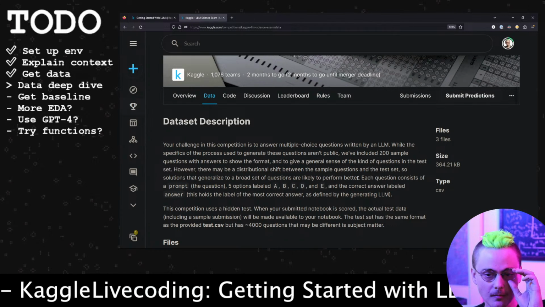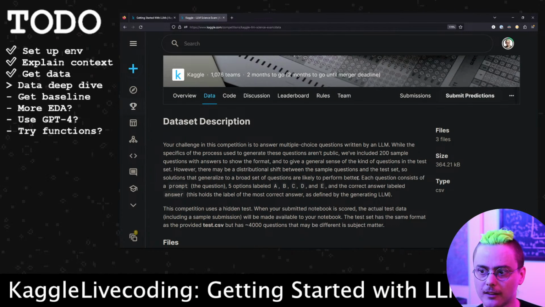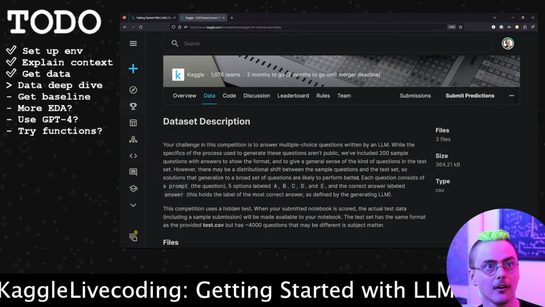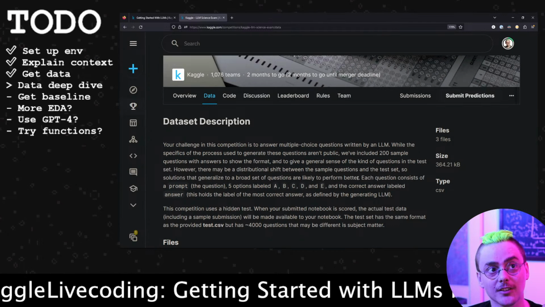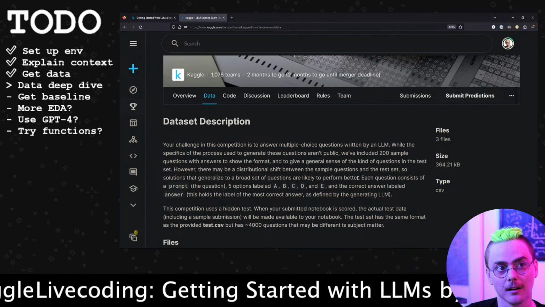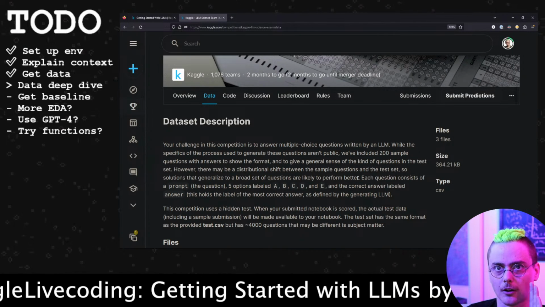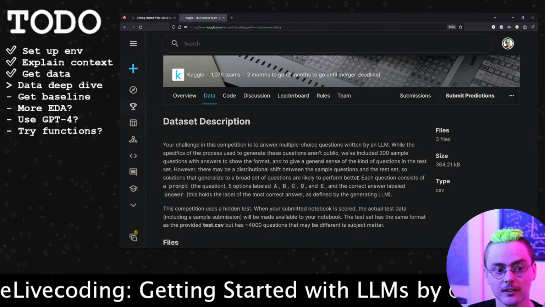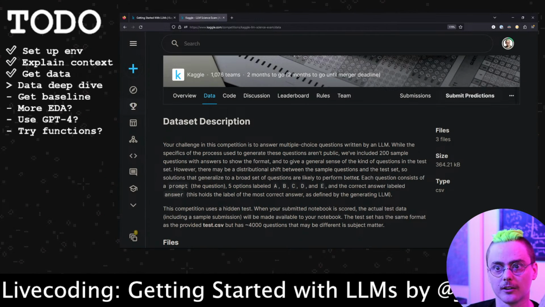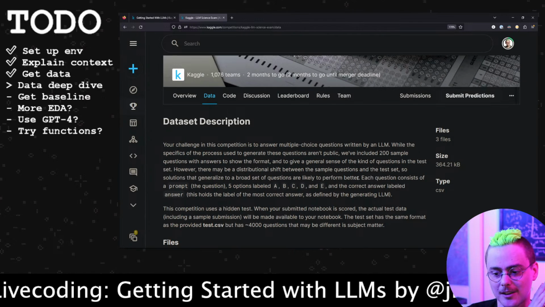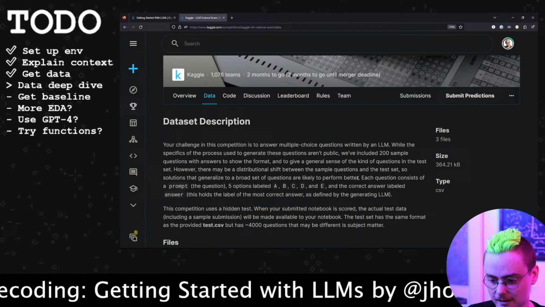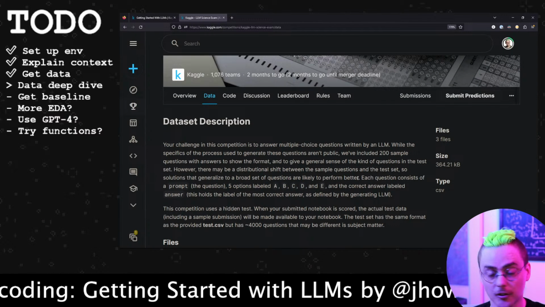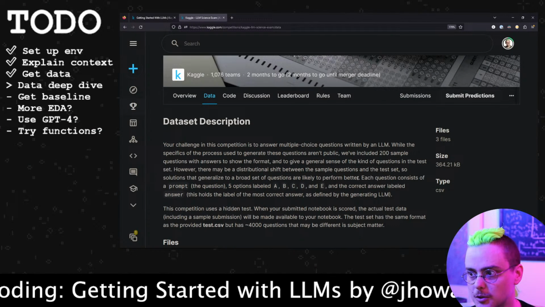So they're saying that these are going to be multiple choice questions written by an LLM, but they might be quite different in topics. A lot of the ones that we've seen so far, we saw lots of physics-y questions. Maybe the test questions are going to be biology themed, or maybe they're going to be more chemistry and less earth science and cosmology. So that's a possible distribution shift.